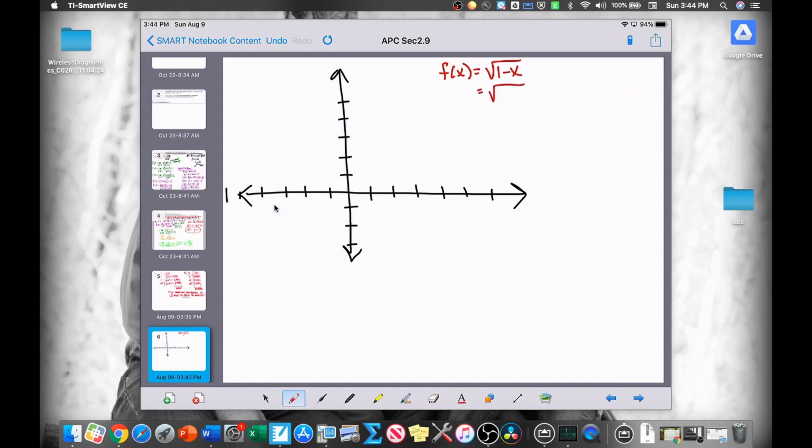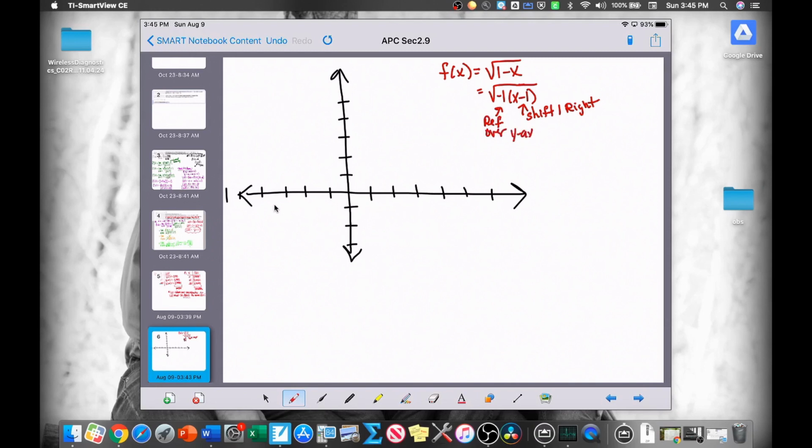So if we were to first factor out a -1, then we would have the square root of -1 times (x minus 1) under our radical. So this x minus 1 is a shift 1 to the right, and this -1 underneath the radical is a reflection